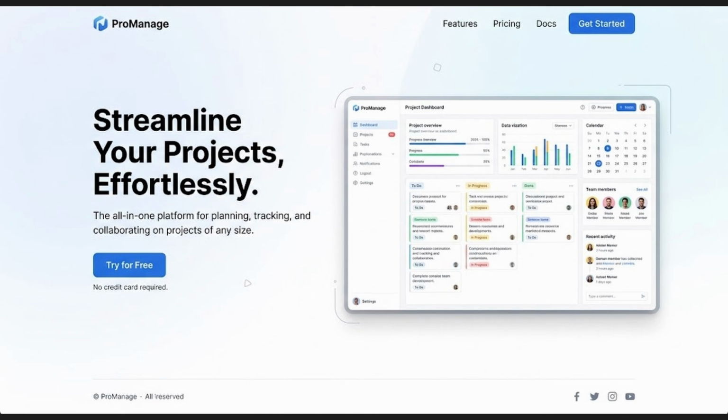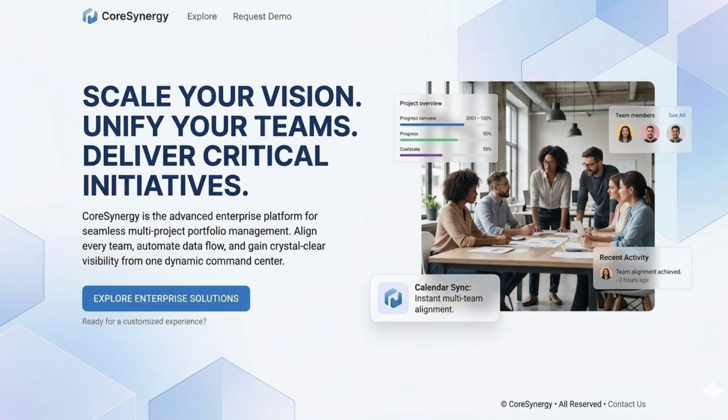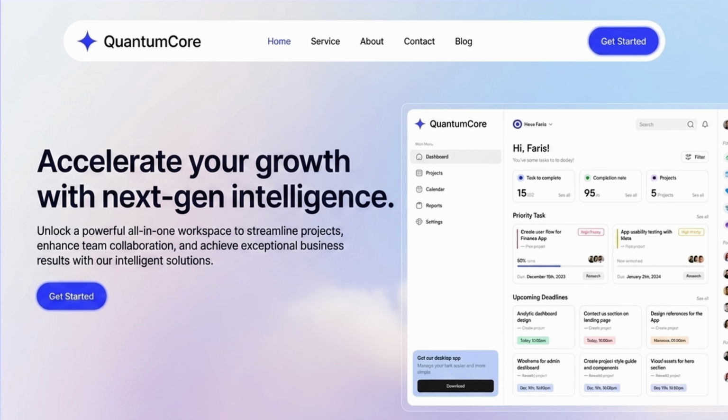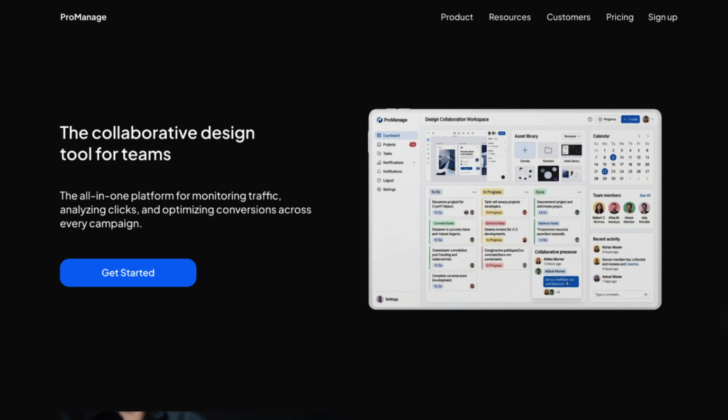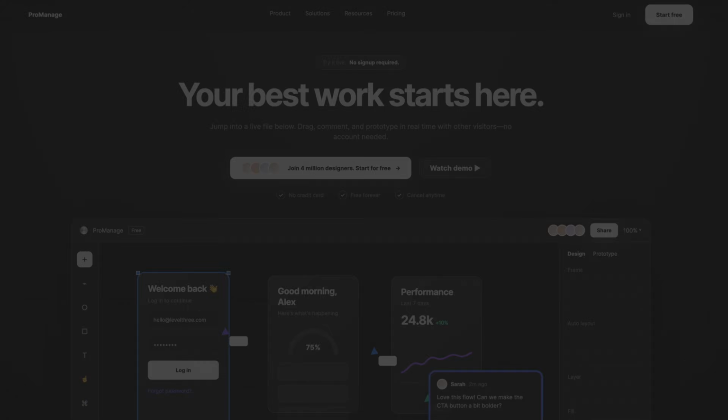Most SaaS landing pages look fine, and fine is the problem. Fine doesn't make someone stop scrolling. Fine doesn't make someone click, and fine definitely doesn't make someone pull out their credit card. So in this video, I'm going to show you exactly what separates a landing page that just exists from one